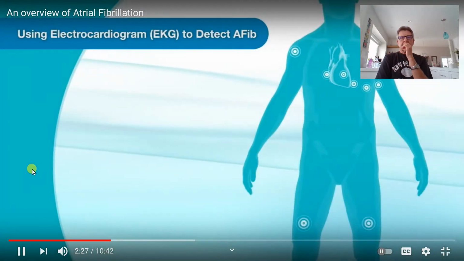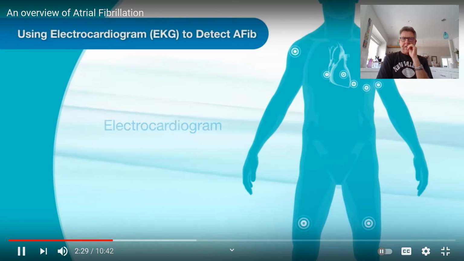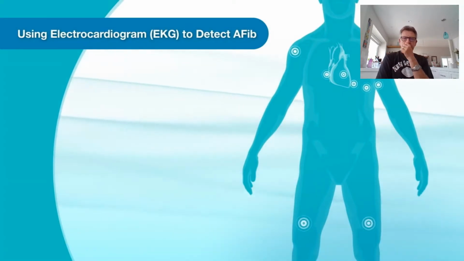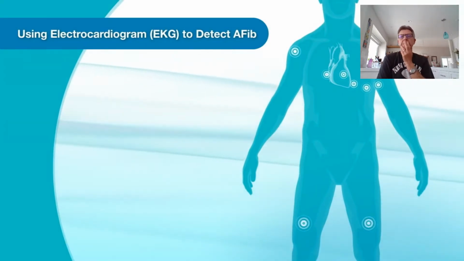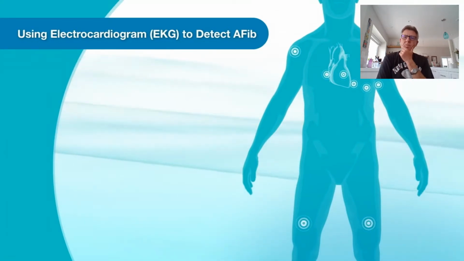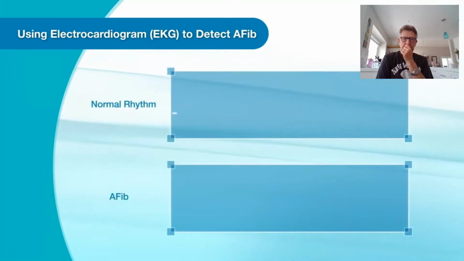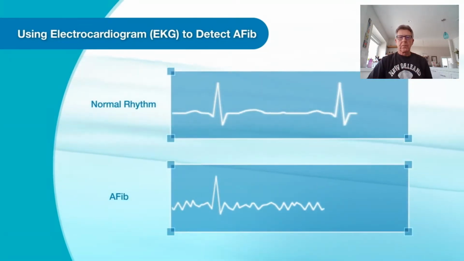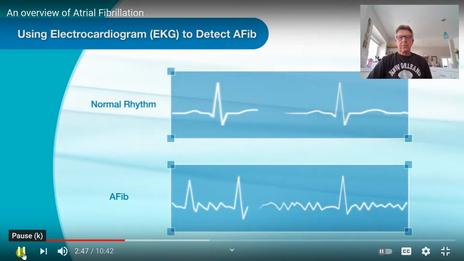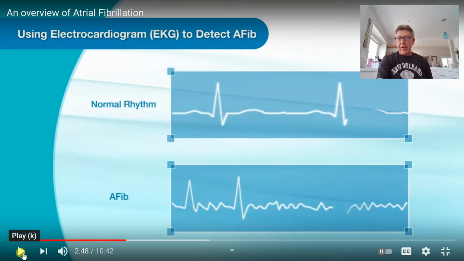Your doctor may perform a test called an electrocardiogram or an EKG to see your heart's electrical activity and rhythm. During an EKG, small electrodes are placed on specific parts of your arms, chest, and legs using small stickers. When the heart beats, the electrodes send signals to the EKG machine. The EKG measures. So you can see the bottom, Afib. It's all over the place, okay? The electricity is, instead of being quiet in between the regular rhythm heartbeats, it's all over the place. And you can see, for example, here, 2 beats going boom, boom, like that, you know? And then